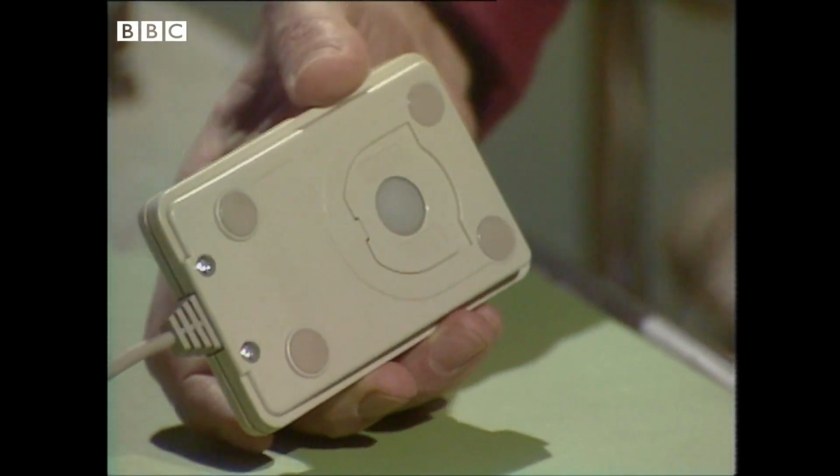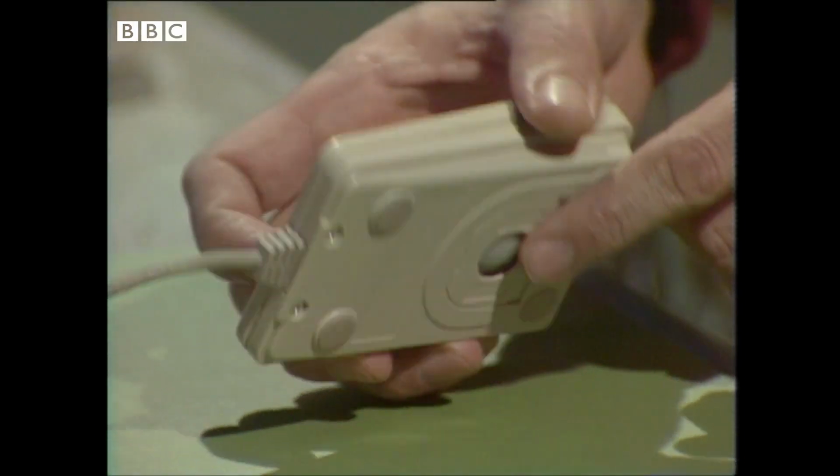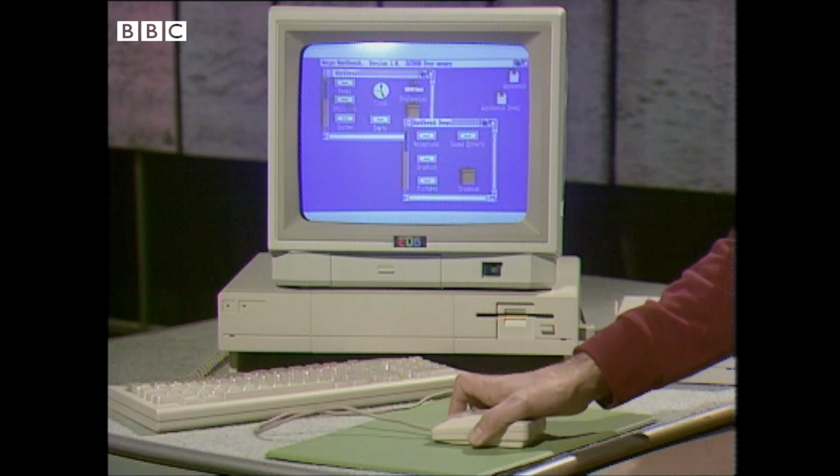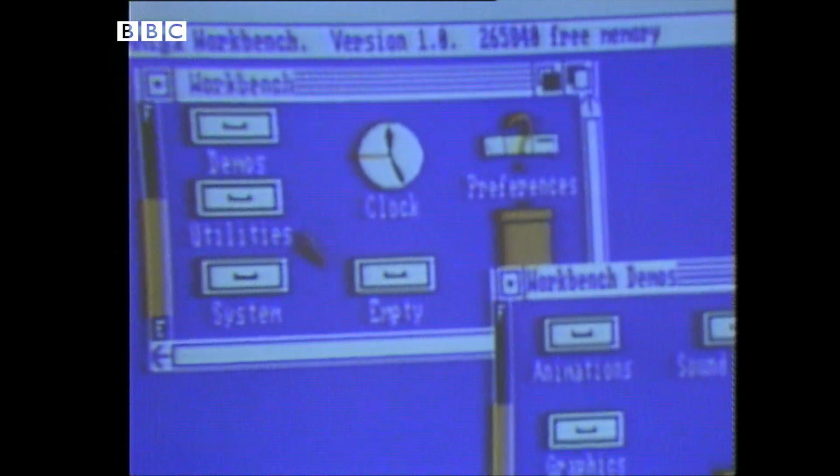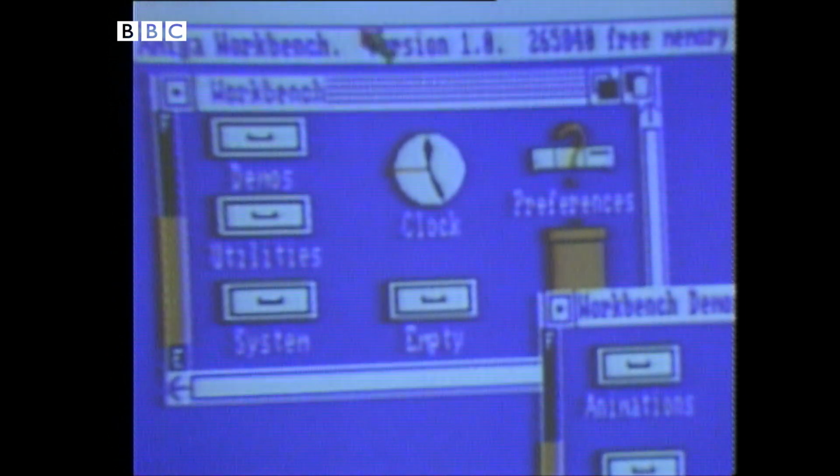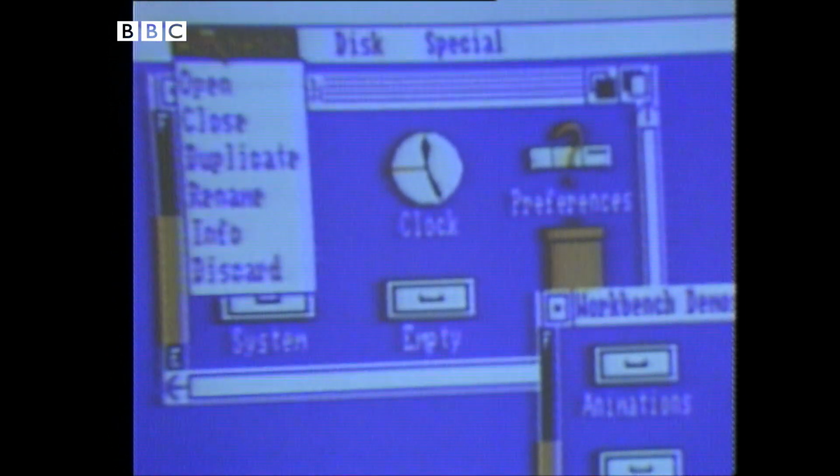This is the mouse. It's a rollerball device, as you can see. As I move it around on the desktop, I'm also moving this arrow around on the screen. Right, that's the mouse. Now pull-down menus. A few of those up here. There's one,